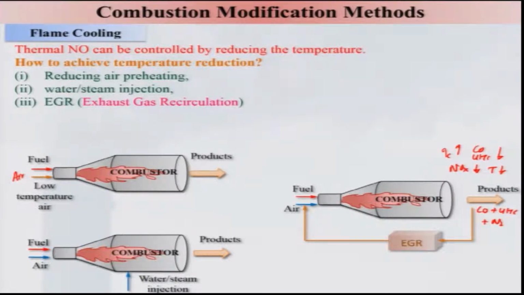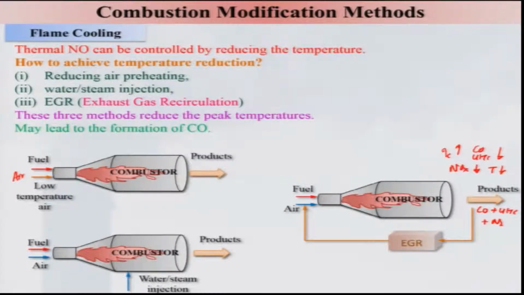And this is a very effective method of reducing the NOx emission and enhancing the combustion efficiency while reducing the CO and UHC. Therefore, it is being used profusely in practical combustion systems. And these three methods reduce basically the peak temperature of the combustion products, and as a result the NOx being